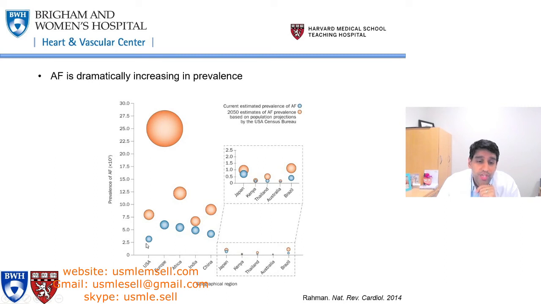First, in terms of current estimates in the blue dots, and then in the orange dots, the estimated prevalence based on population projections for 2050. And what you can see is in each major geographical category that's represented, the United States, Europe, Africa, India, and so on and so forth, there is an expected dramatic increase in the prevalence of atrial fibrillation. Atrial fibrillation is increasing and increasing throughout the world. We used to say that atrial fibrillation was a global pandemic. Of course,